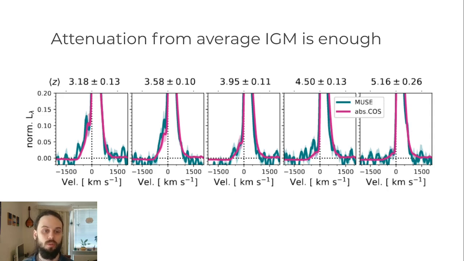And so the conclusions that we draw in this paper are that, firstly, we only need this average amount of IGM, so there doesn't seem to be a huge need for any additional absorption, which you might have expected if you expected Lyman alpha emitters to be more clustered in dense environments, for instance, at these redshifts. And the other thing that we find is that the spectral shapes on average really agree quite well between